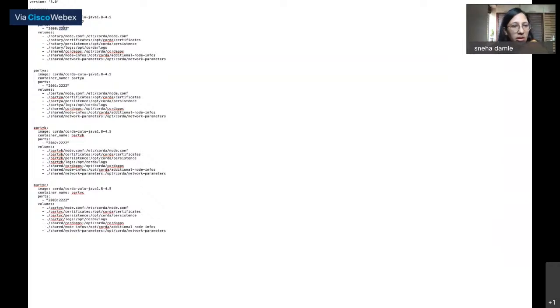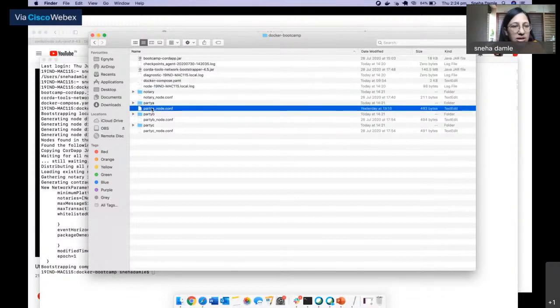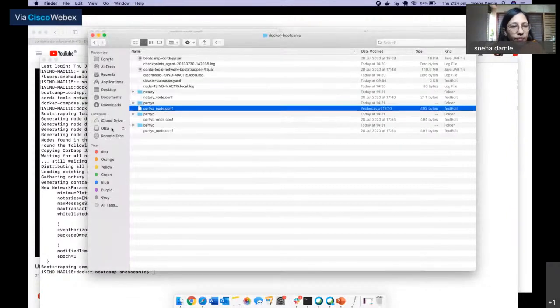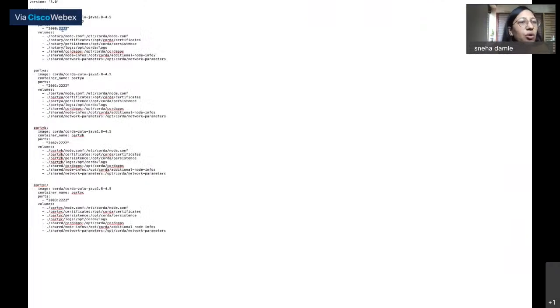If you remember, if you go back to your node.configuration, we had exposed an SSH port. So in the Docker Compose file, what we are doing is exposing this port, the SSH port, from within the image, from within the container, to the outside world.